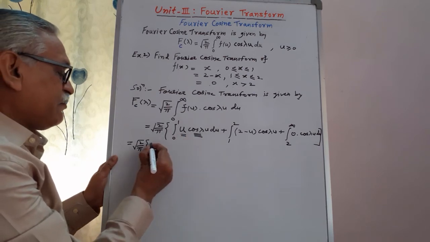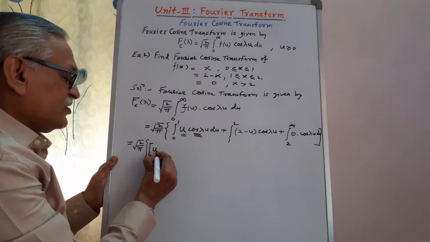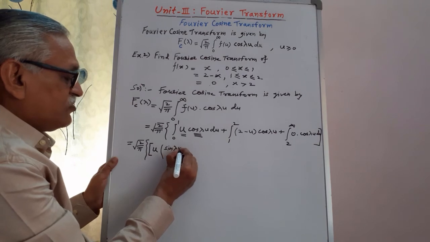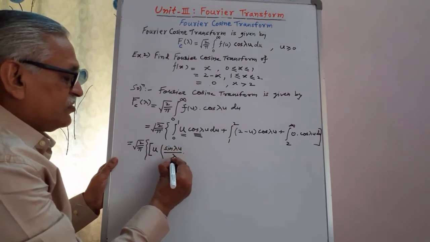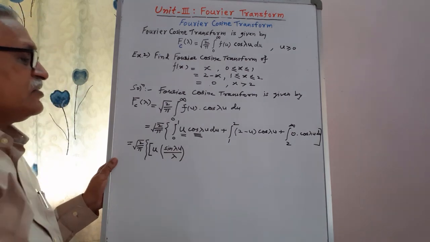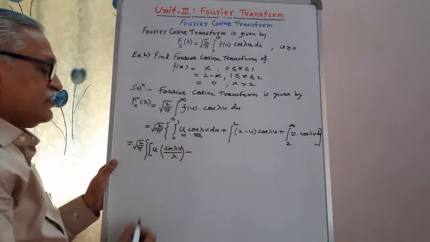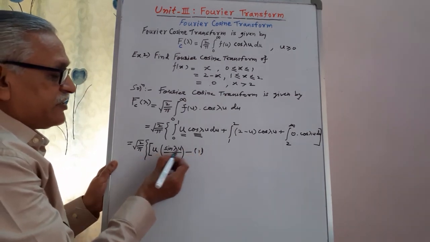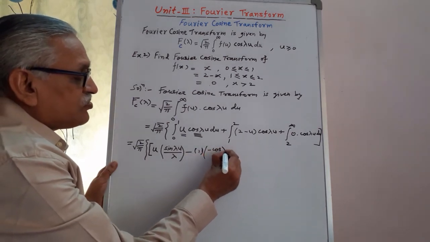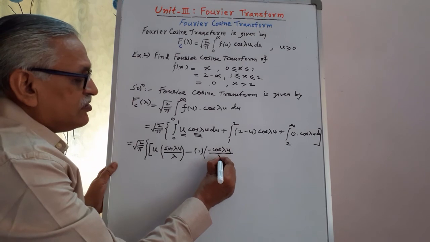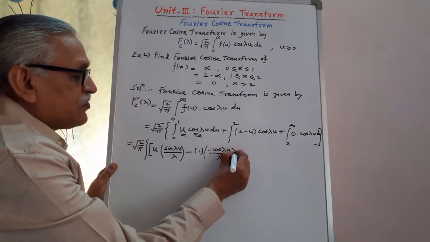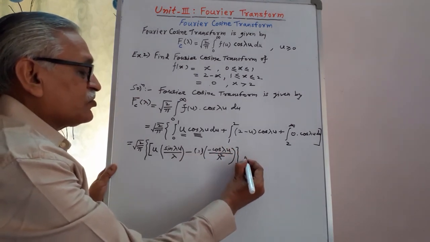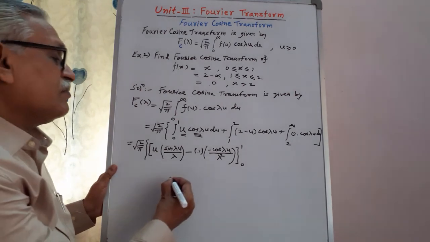Evaluating by generalized parts: first term u, integration of cos is sin(lambda u) divided by lambda, then minus derivative of u which is 1, next integration of sin is minus cos(lambda u) upon lambda, and with the previous lambda it becomes lambda square. Next derivative is 0, therefore we stop here, with limits from 0 to 1, plus